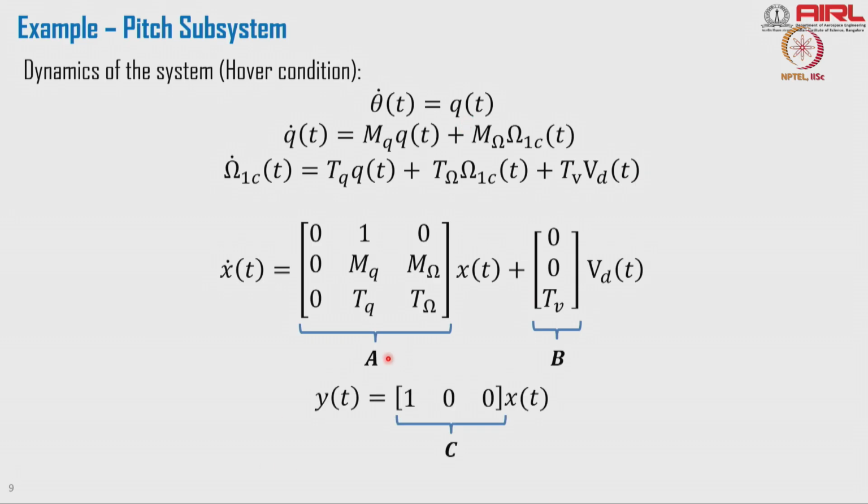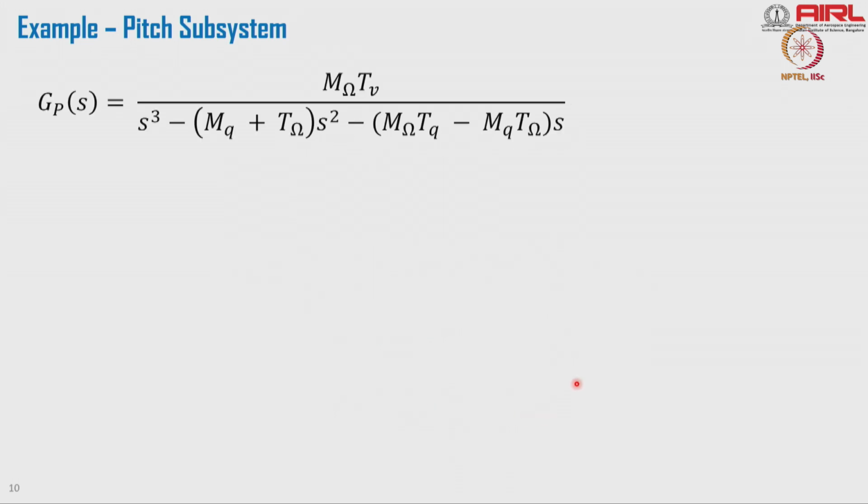And what is the output I want? I want to get theta, that is the pitch attitude. So my C is 1 0 0, times X of t. Now, if I take a transfer function, we discussed how to get the transfer function from state space form. If I get the transfer function,